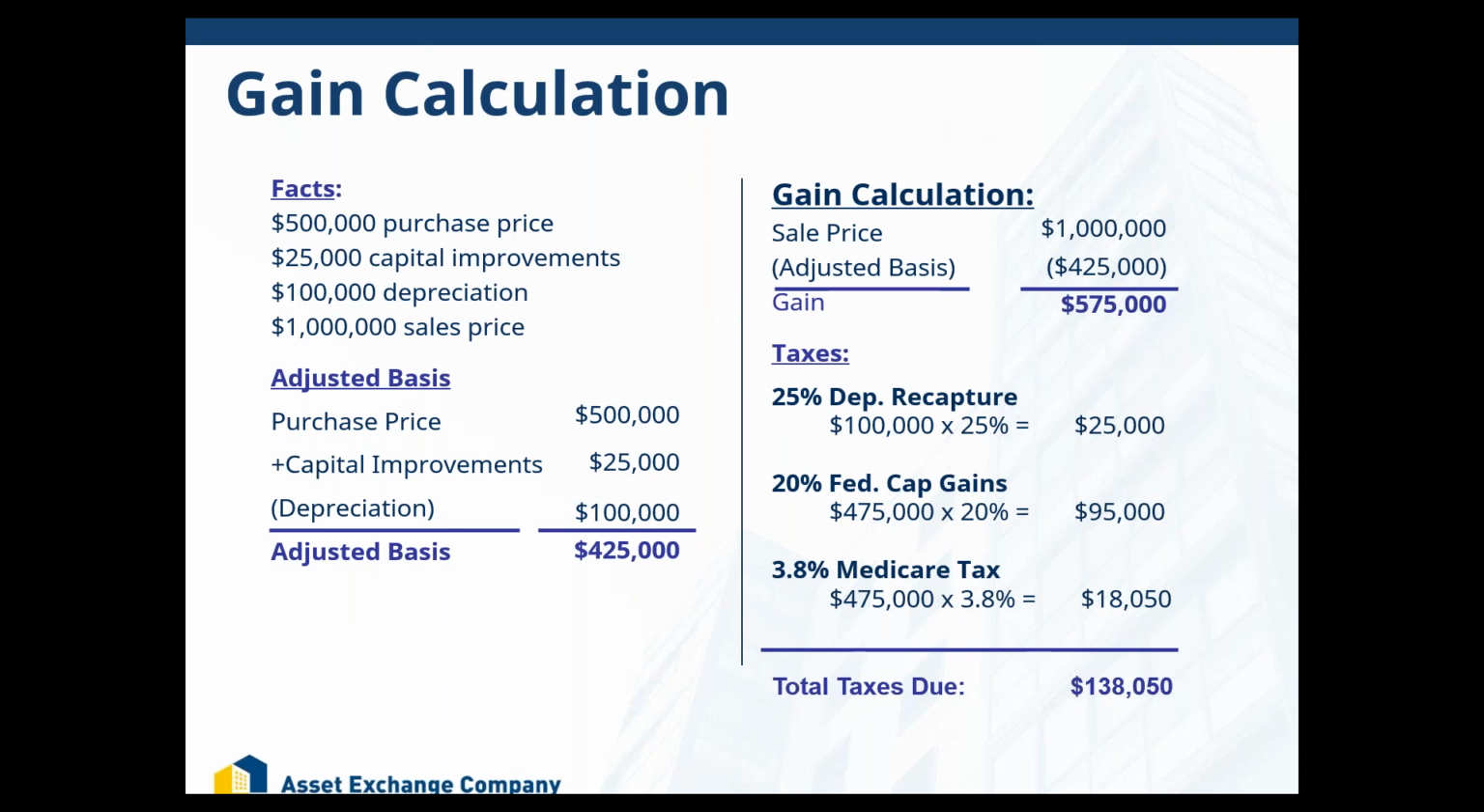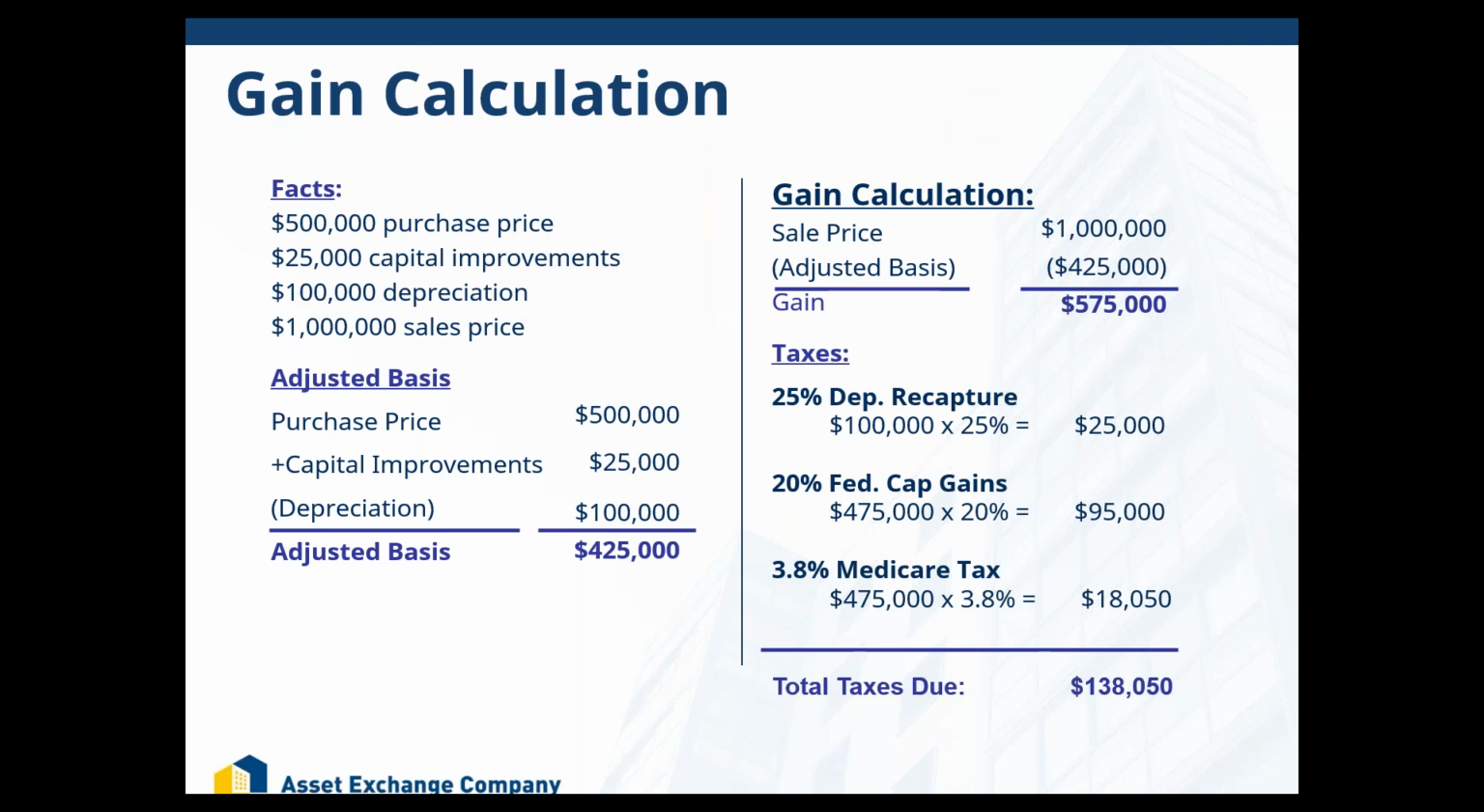And basically the way you do that is you take the original purchase price of $500,000, you add back in those capital improvements of $25,000, and then you deduct out the depreciation of $100,000, and that's going to give you an adjusted basis of $425,000. Now, how much are we selling it for? We're selling it for $1 million, right? So let's take that $1 million sales price. We'll deduct out the adjusted basis of $425,000, and that's going to give us a gain of